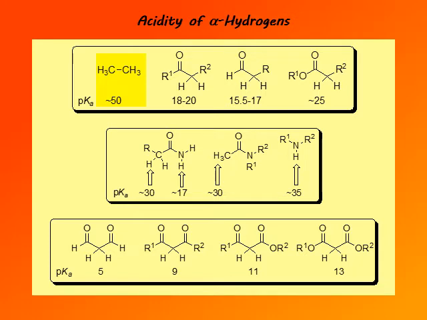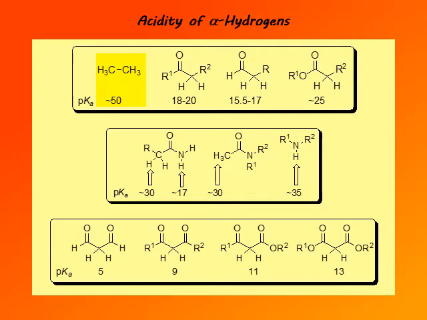It's only been estimated because in order to determine the pKa value of a particular carbon-hydrogen bond, we need to establish acid-base equilibrium and find out where that equilibrium is. In this case, we really cannot, because we don't have any base that could deprotonate compounds such as ethane, and we cannot establish equilibrium, so we are estimating pKa at 50, which means that really it cannot be deprotonated. So